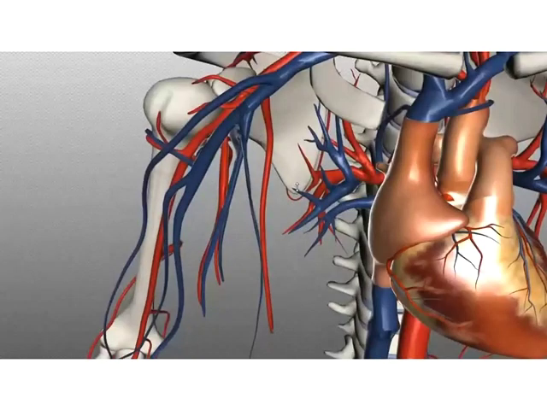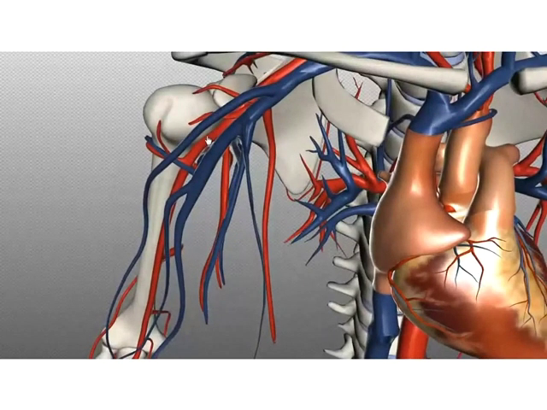So the subclavian artery becomes the axillary artery, and it becomes the axillary artery at the level of the lateral margin of the first rib. So the axillary artery runs here. So the axilla refers to the armpit, so it runs in the armpit region. So if we just follow it down,